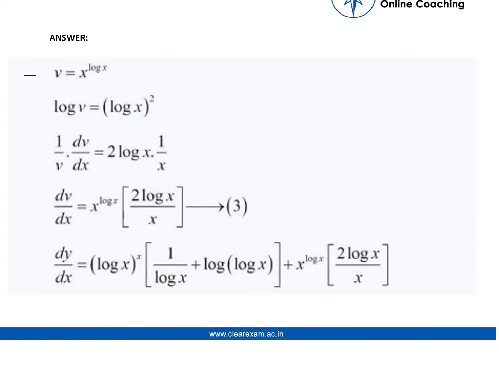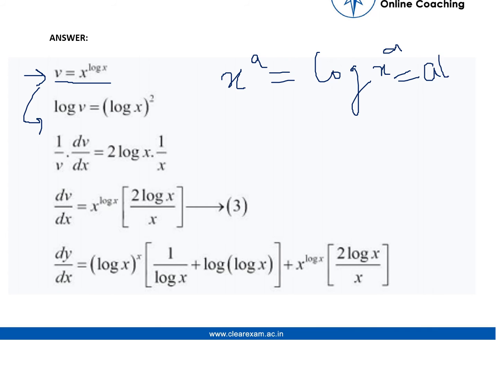In this slide, we're doing just the same as what we did in the previous one, but here we have v. So v equals x^(log x). Now we've taken the log again because it's easier. We have log v equals (log x) square. How we got this (log x) square is because according to the property of log, if we have x power a and we take a log of x power a, this a comes in the front and we get a into log x. So it's the same here, but our power is log x, so we get log x into log x and we get this (log x) square.